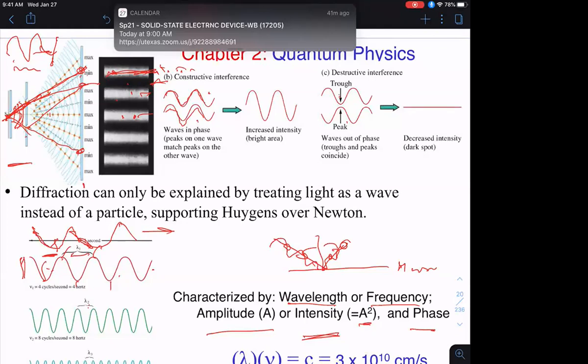And exactly the same thing was observed with electrons. So when people, instead of shining light, shine electrons by creating a filament, heating it up, ejecting electrons, and shining them through a screen, and then looking at the diffraction phenomena, they see the same thing. Individual electrons hit the screen as dots, but if I have a lot of electrons propagating, these dots seem to have a pattern